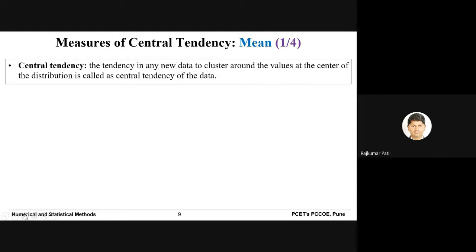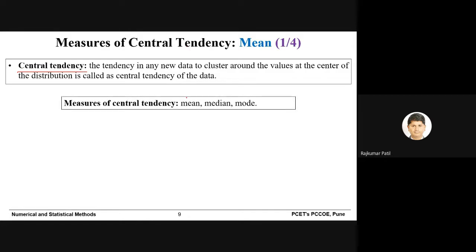This morning we discussed central tendency with an example, and we saw that if you have scores in different subjects, for example you have 5 courses, and in each you got 80, 82, 84, 86 and 90, the average will be around 85, 86. So the mean value or the average will be at the center, and all the individual scores will be very close to the value of the mean, that is 85, 86. So this is called central tendency.